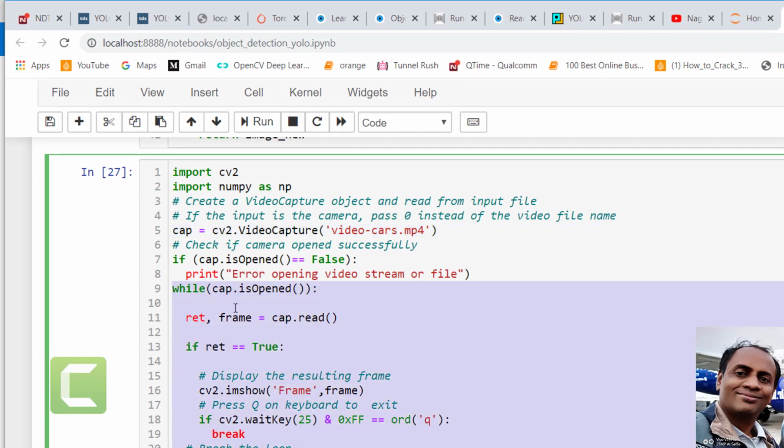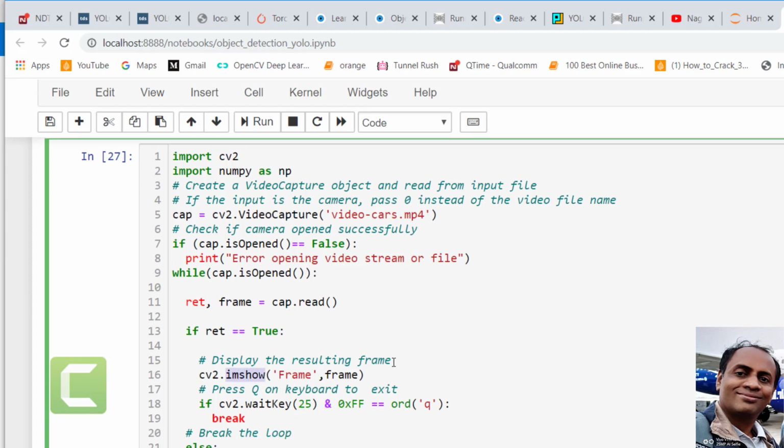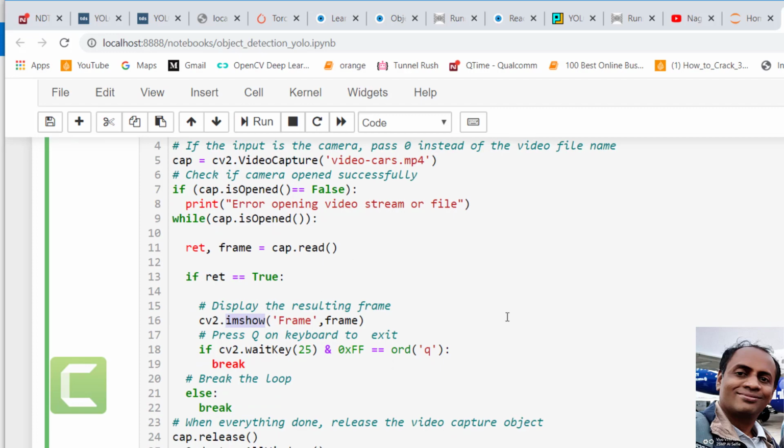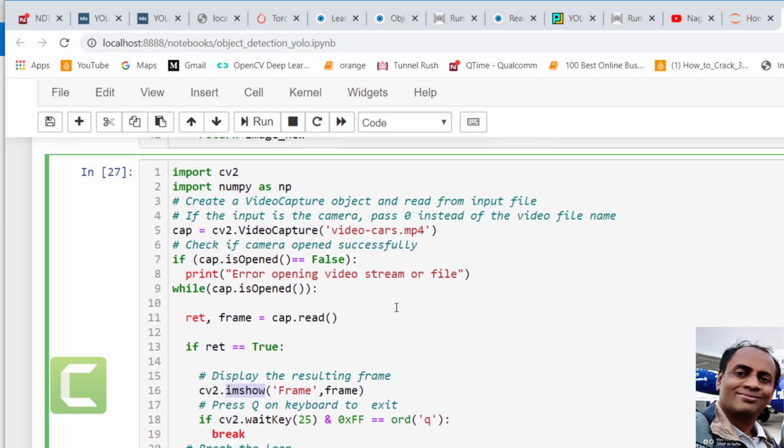While cap.isOpened, I keep reading with cap.read, and it gives me a return value and a frame. If return is true, that means the image frame was read from the video file. We'll show the frame and see if it is working, and it is continuously doing it, right? So you will get basically a video.